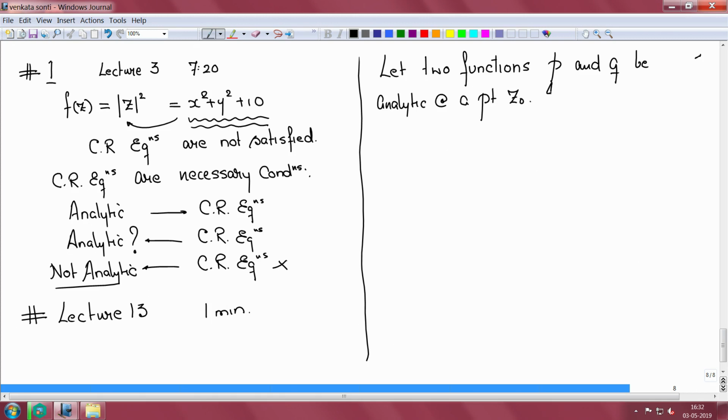If P of z0 is not equal to 0 and Q of z0 is equal to 0 and Q dash of z0 is not equal to 0, then